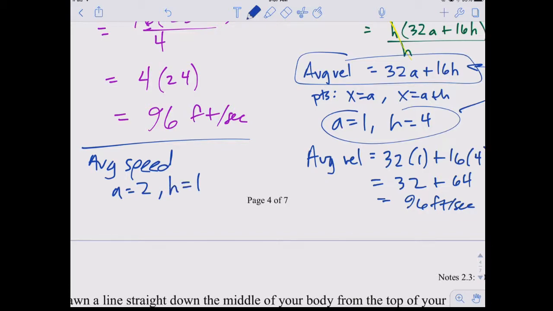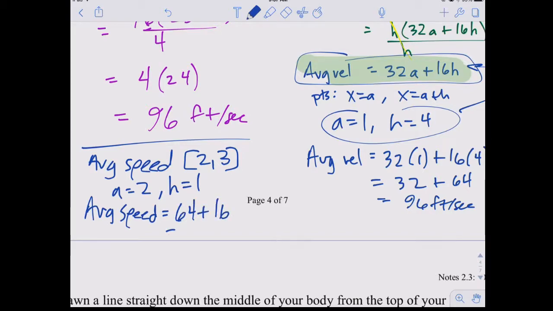equals 1. If I want to look on the closed interval from 2 to 3, I want to start at 2, and I want to let 1 second elapse, right? H is the number of seconds you let elapse. If I plug it into my formula now, let's see what I get. The average speed then on that 1 second interval is going to be 32 times 2, which is 64, plus 16 times 1 is 16. We end up with